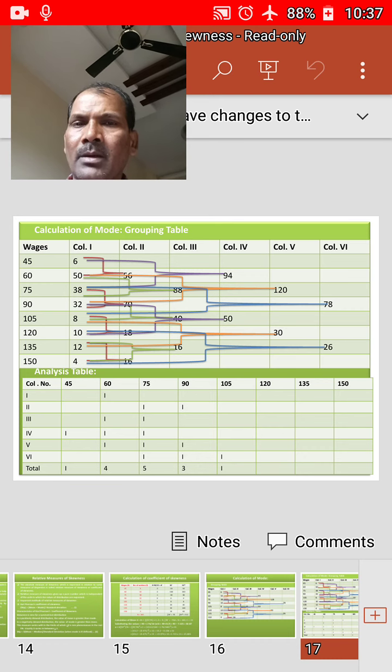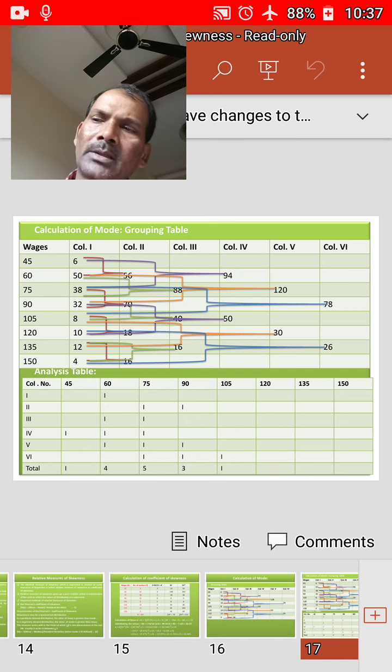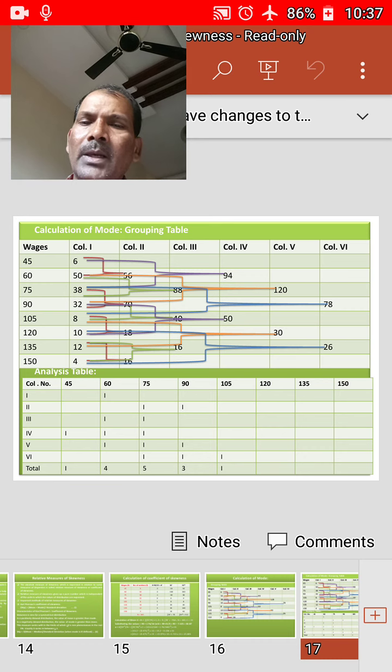In the analysis table, the column numbers are written in the first column, and the first, second, third, fourth columns are taken with their corresponding x wages in rupees. That is x values. 45 occurs in the fourth column,